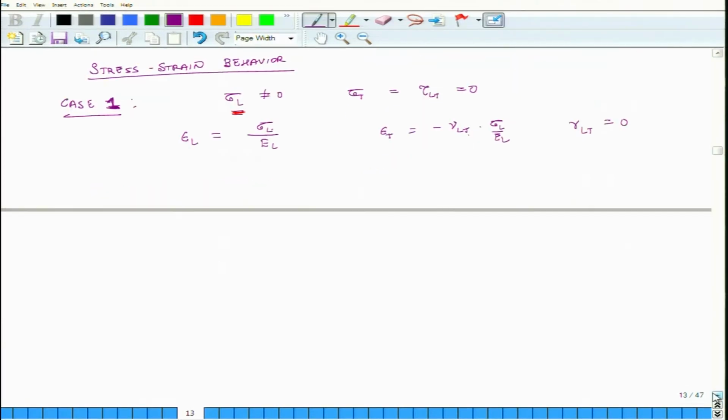Next, look at case 2. In case 2, we apply a pure transverse stress, only a transverse stress. So, in this case sigma L is equal to tau LT is equal to 0, but sigma T is not equal to 0. So, when I apply a pure transverse stress, what will happen? It will have a transverse strain. So, epsilon T equals sigma T by ET,